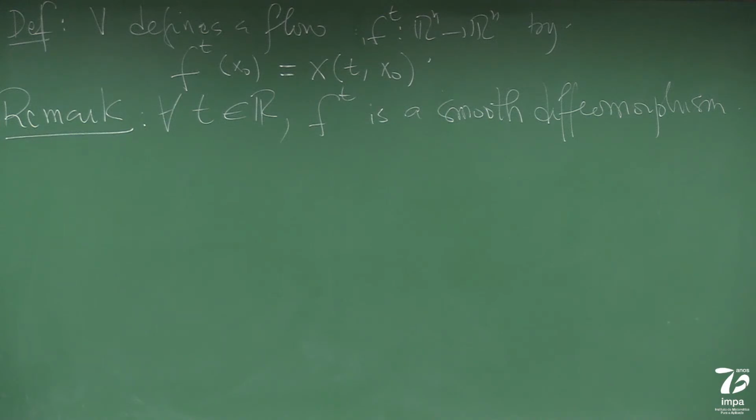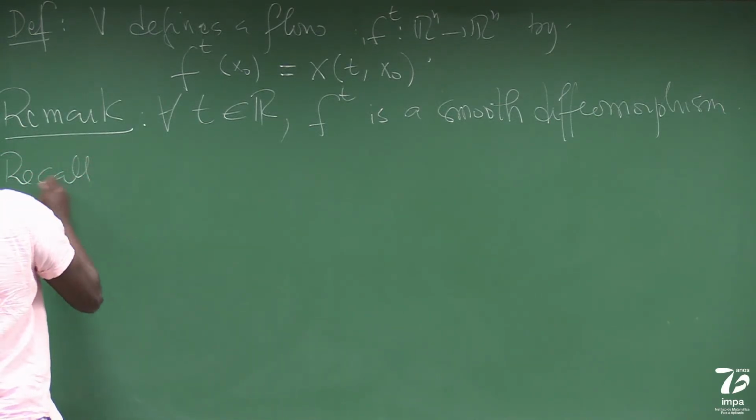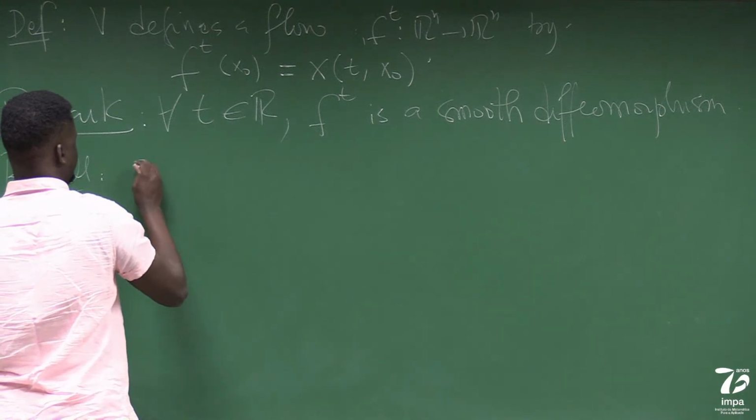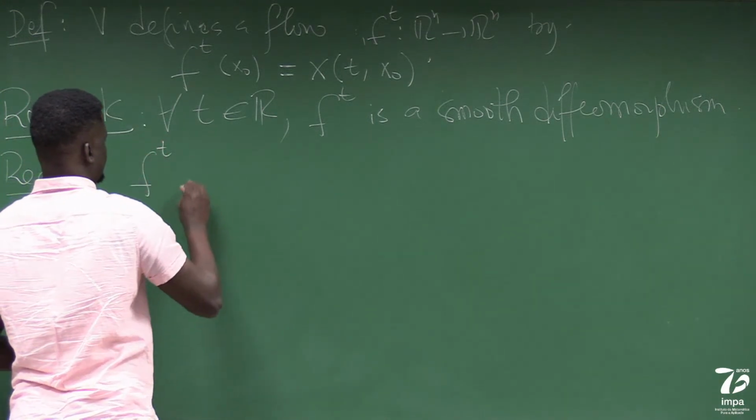FT defining a smooth diffeomorphism. So remember from last lecture, we have seen that if you have a diffeomorphism, it preserves the volume measure if and only if the determinant is 1. So recall that FT preserves